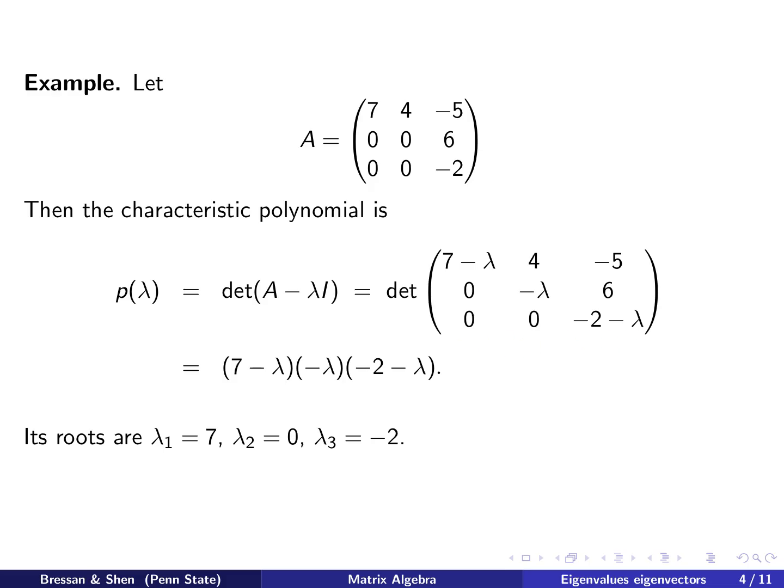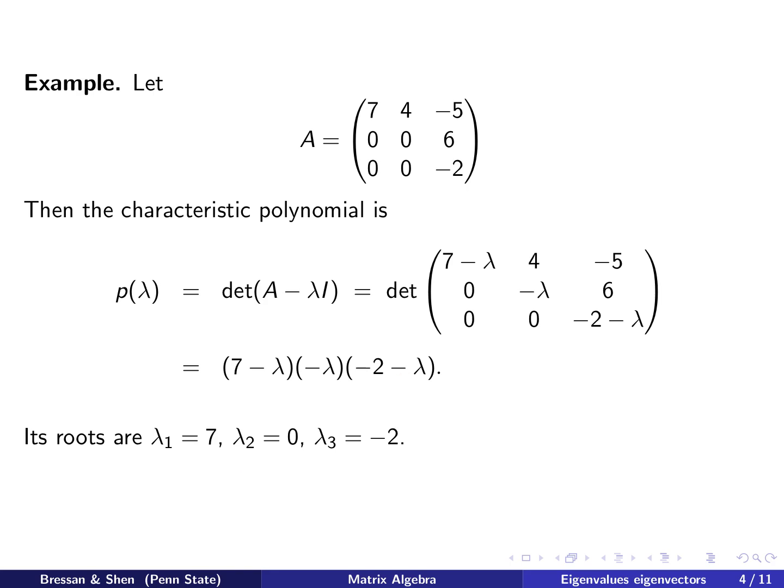Then we have this. We see that this matrix is also upper triangular because these three entries are 0, and the determinant of it is just the product of the diagonal. So it will be just 7 minus lambda times negative lambda times negative 2 minus lambda. Finding the roots of this is very simple because it's already in factorized form. It will be the root for each of these singular terms. The first one gives lambda 1 is 7, the second one is 0, and the third one is lambda 3